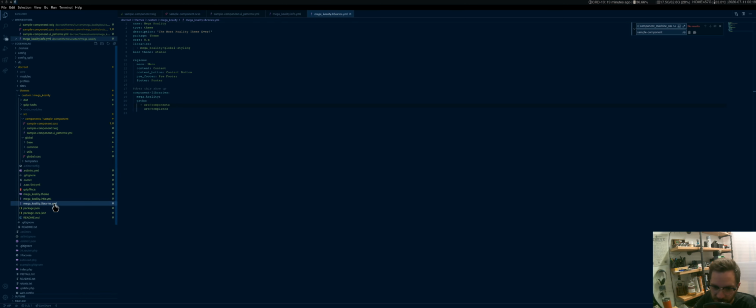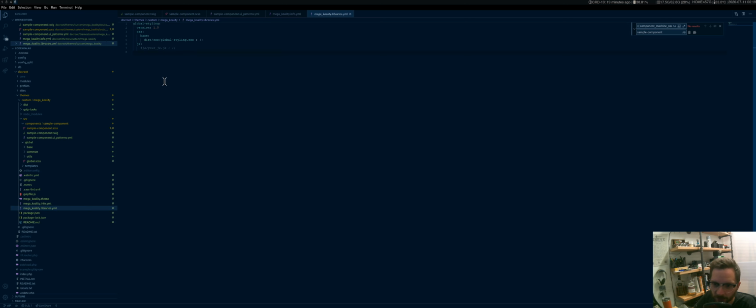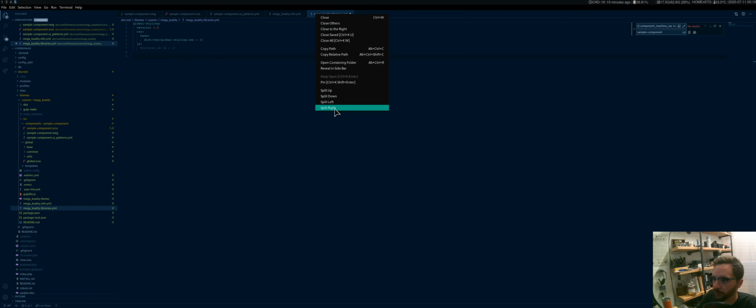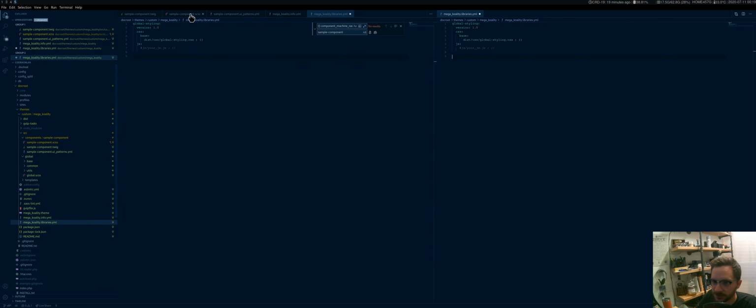Okay, so we have these components, we have this templates directory, we have this doing that, and then the other thing it's supposed to do is add it here. So, because when we do, I'll go ahead and split this right. So you'll see here, this says, I'm going to attach the library mega quality sample component. Well, here's our libraries file. It's also supposed to say sample component. And if I go back to here,